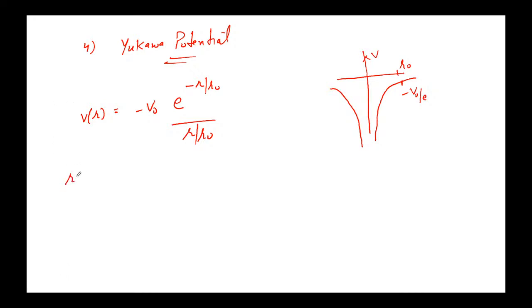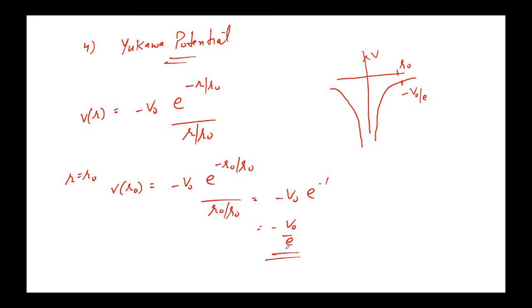So again you can see that when R is of the order of R naught, at that point the value of this nuclear potential is of the order of the same nuclear potential. Similarly there are some other forms of nuclear potential, and using them you can solve your two body problem or the multi body problem. The last type of potential is the Woods-Saxon potential,